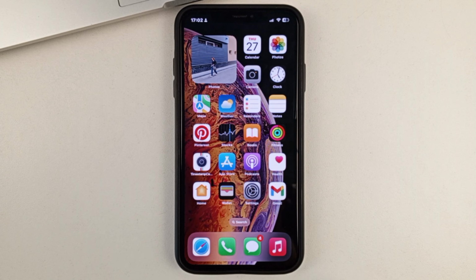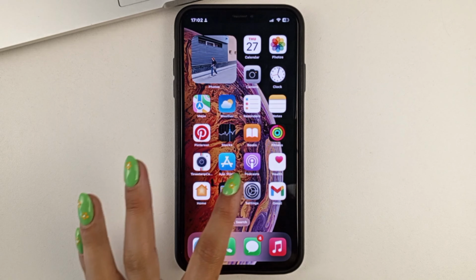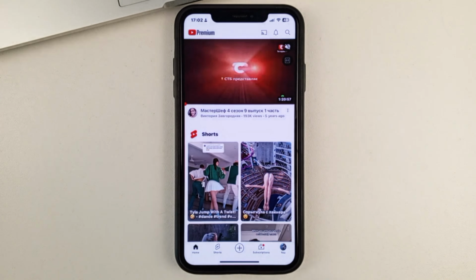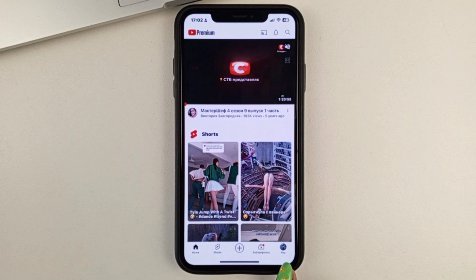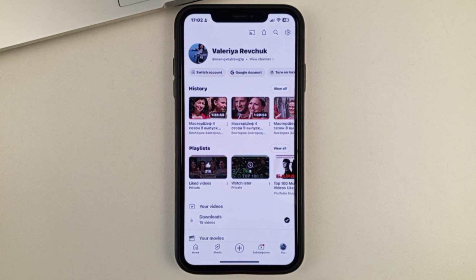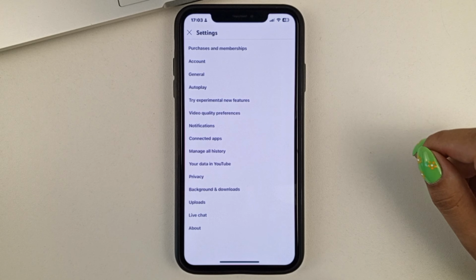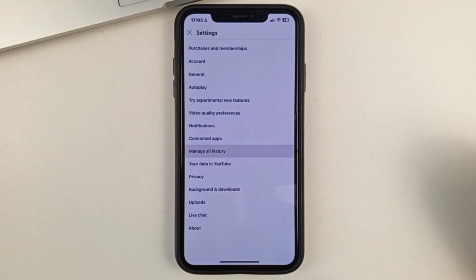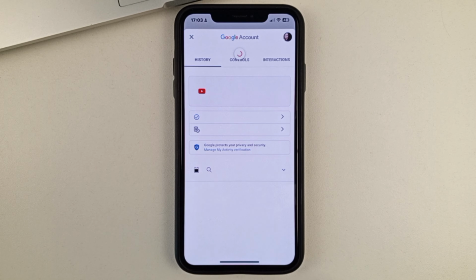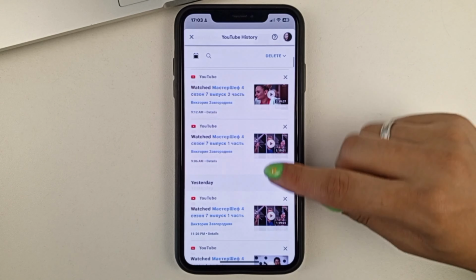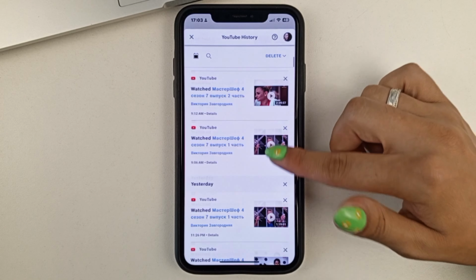And let's go ahead and get into this topic. Please open up the YouTube app on your phone. And then you'll need to go to your section on your YouTube page. And now in the top right corner, click on the gear. Next, select Manage your entire story. Wait for everything to load, and here you can view the entire viewing history that you have on YouTube.